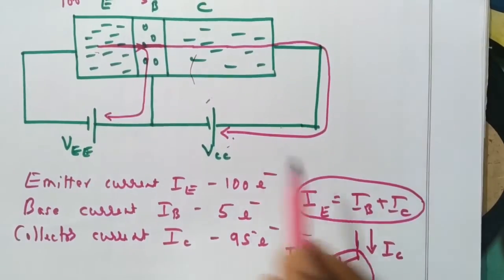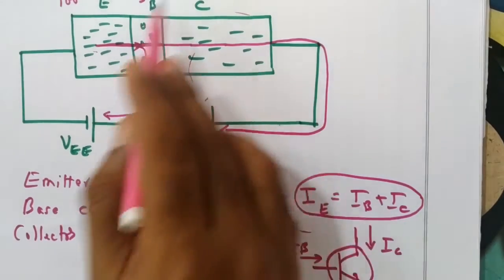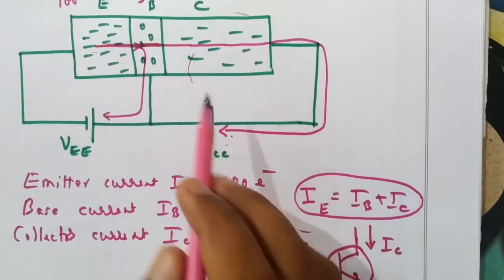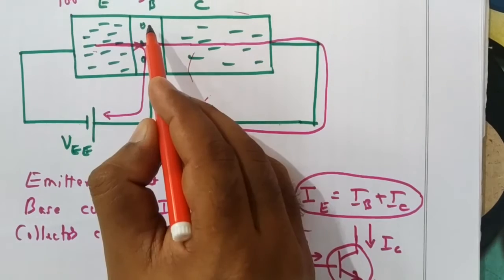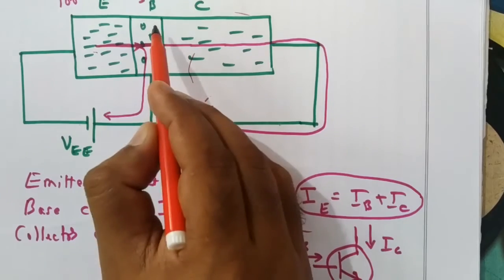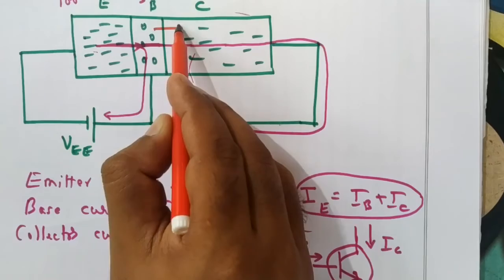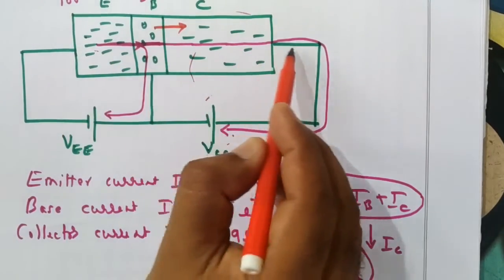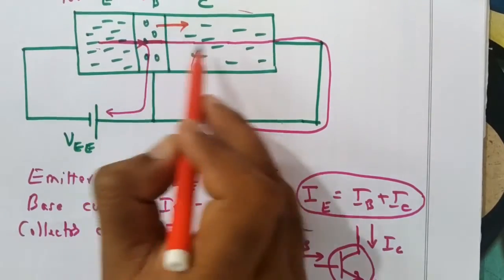Now if you see, this diode is reverse biased. When the diode is reverse biased, you know a small amount of current flows, that is due to the minority charge carriers. Now here in this case, what is the direction of minority charge carrier current? Here the minority charge carriers are electrons. Here the minority charge carriers are holes. Here the electrons will go in this way. The majority charge carriers also go in this way. Minority charge carriers also go in this way. So the two currents will get added up.